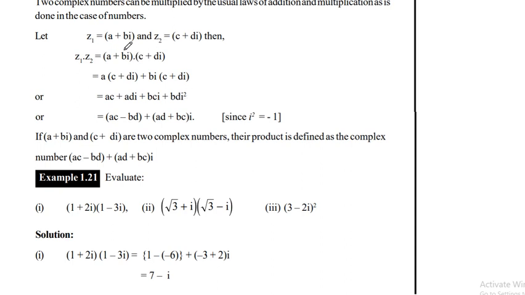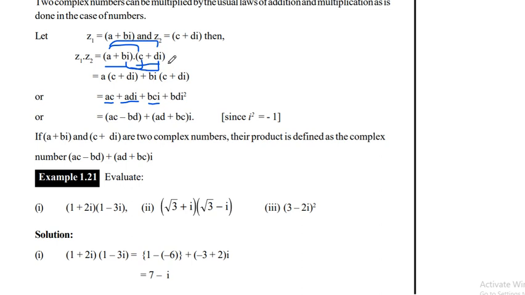This is the simple multiplication. You have two numbers here, two numbers here. So it means a should multiply with c, and then a should multiply with d. Then b should multiply with c, b should multiply with d. Right? So if you multiply a with c, you get ac. Then a multiplied with d, so you get adi. Then b multiplied with c, you get bc.